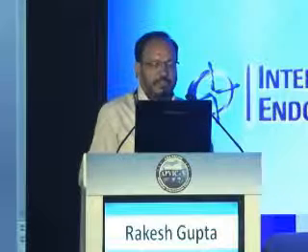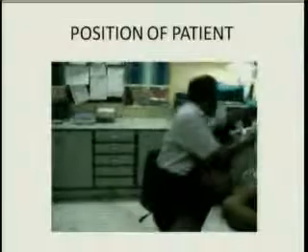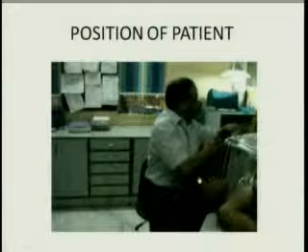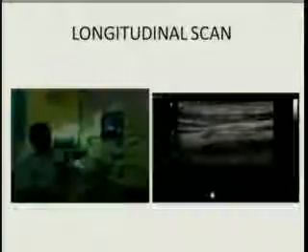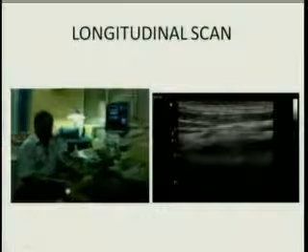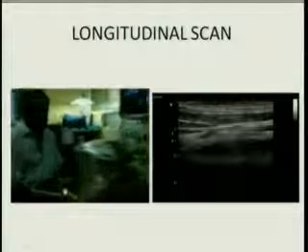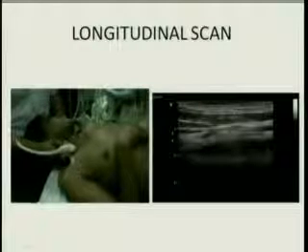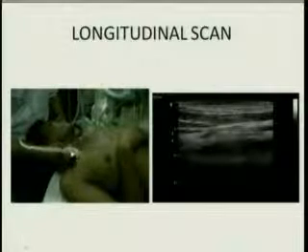We start from a longitudinal view, and let me show you a live recording from my own lab. How do we do carotid Dopplers in our lab? We sit at the head side of the patient. The patient's head is turned towards us, and then we put the transducer in a linear fashion, as we can see over here, right on either side of the neck. This is a linear phased array transducer in long axis view.